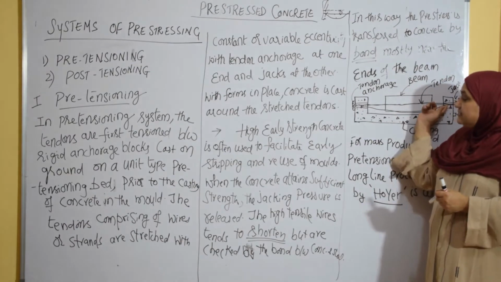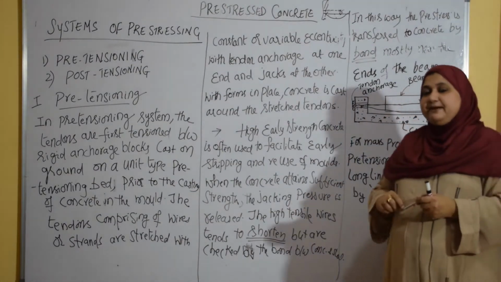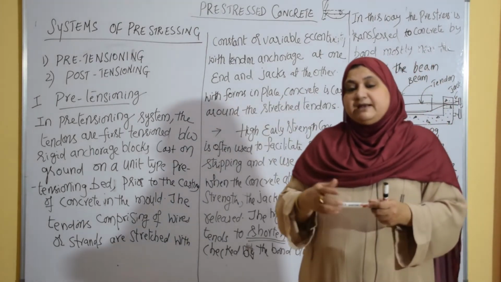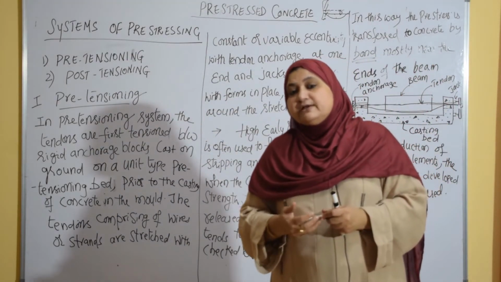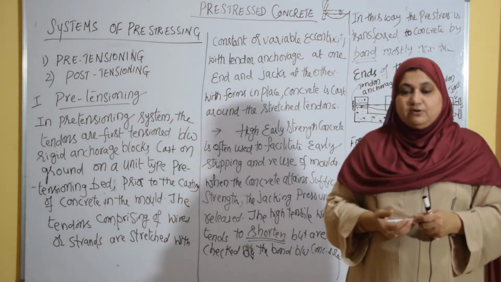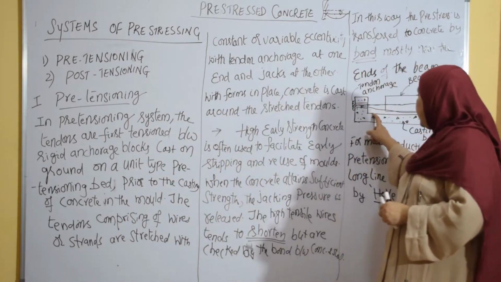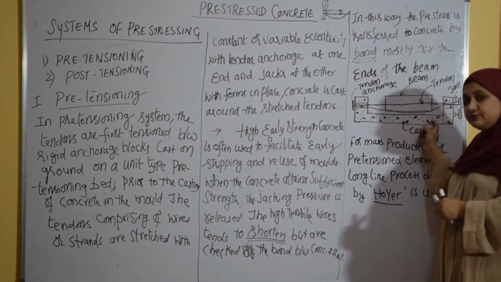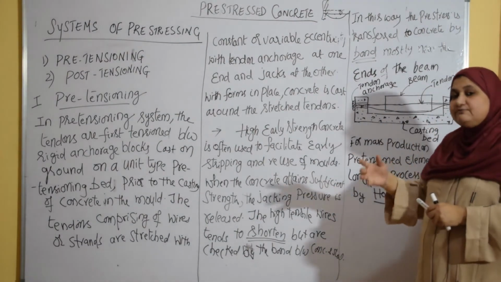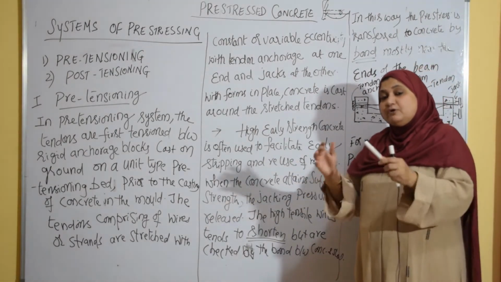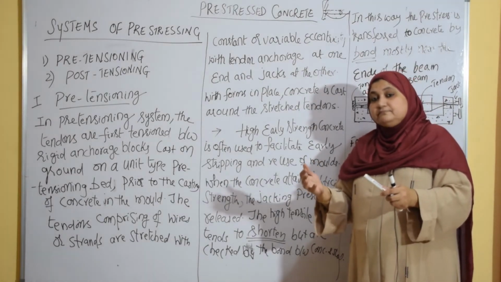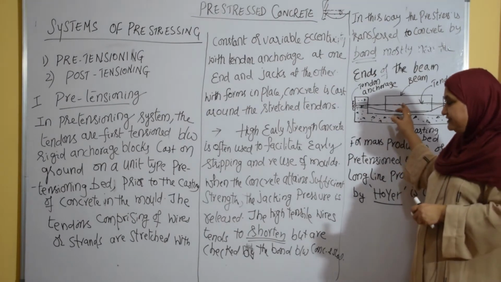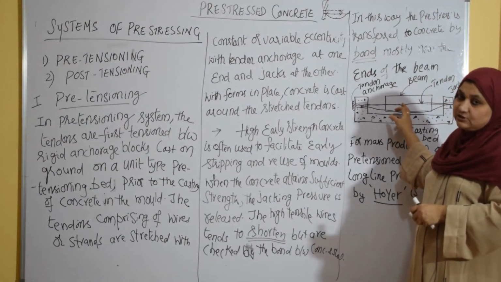So remember, this is a setup for a single bed. We are going to manufacture only one unit. It can be a pipe, a beam, or a pre-stressed pole, right? So this is a unit type manufacturing system, of which I have given you one example. We use high early strength concrete so that we can strip it off, unmold the beam, and then reuse it.